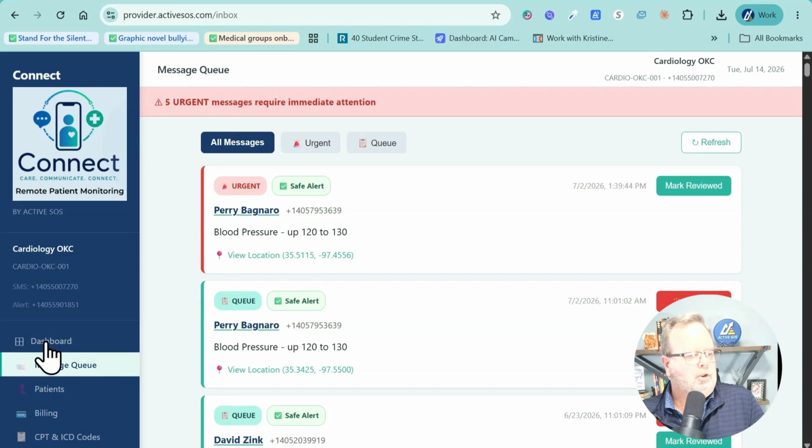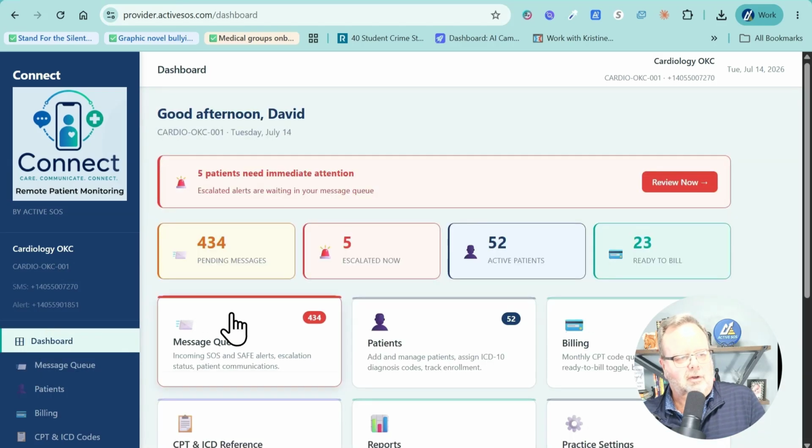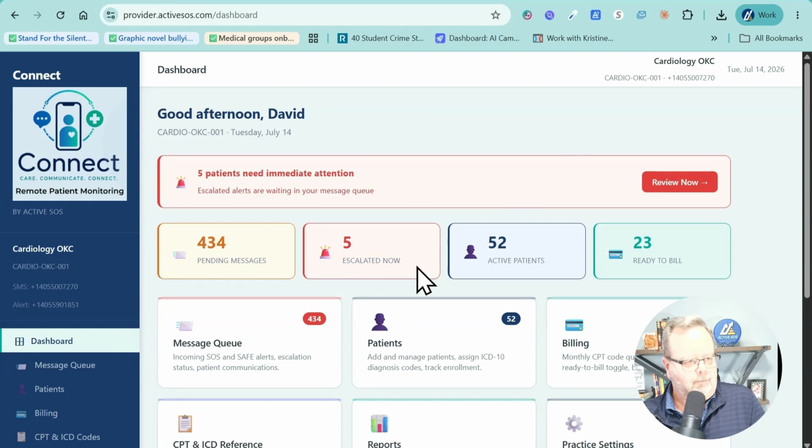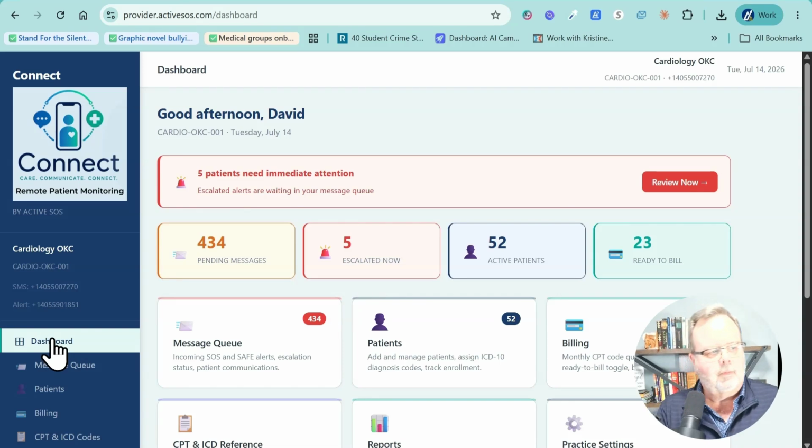All right, let's go back here and look at a couple of things that we've seen to show how we did this from a practice management standpoint. This is the main dashboard with all that populated in the messages, okay? Each practice has their own environment. The environment includes a text number assigned to them that goes from our app and Active SOS to their phone, to their dashboard here. All the messages come into their message queue based on it being sent to this number here,